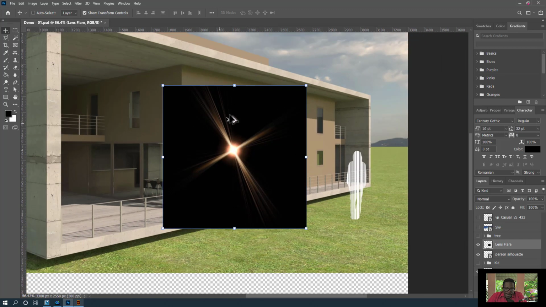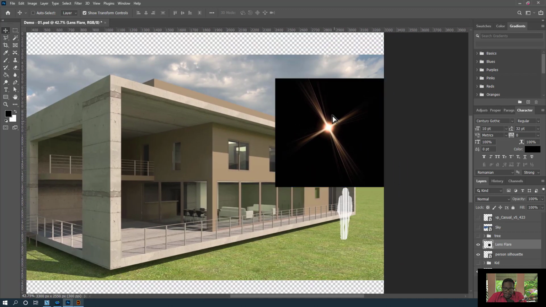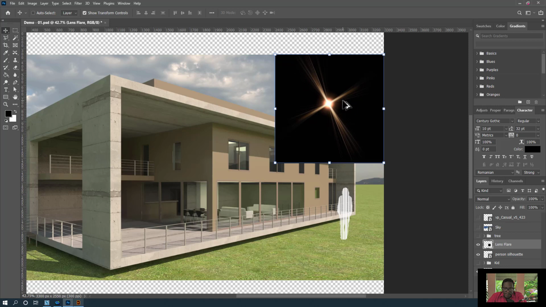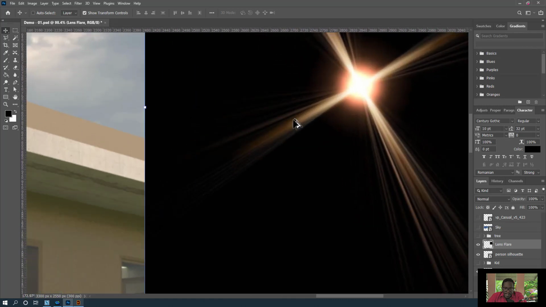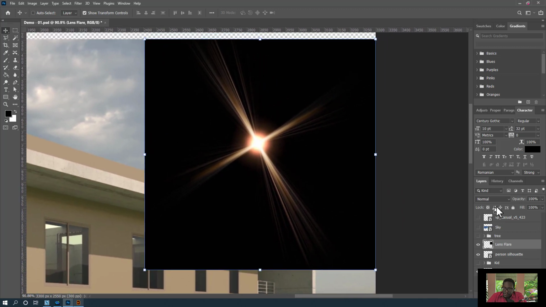So for example, if I wanted to show a lens flare in this image, perhaps where the sun is, there is no way that I could go ahead and start to cut this image out. So this would be the perfect application for using a layer overlay, where I can change it now from normal